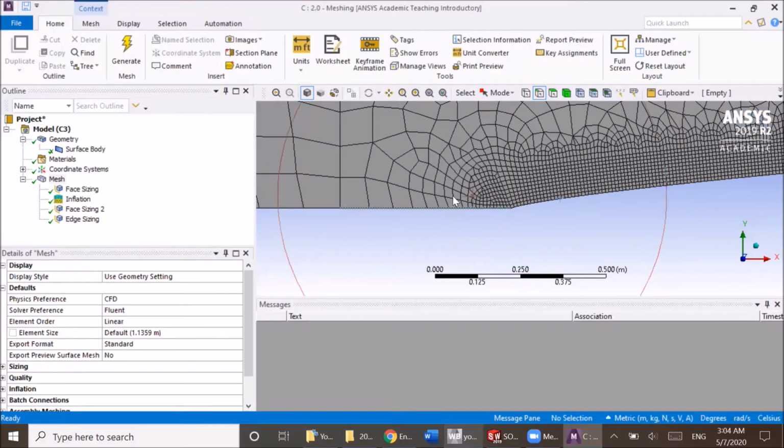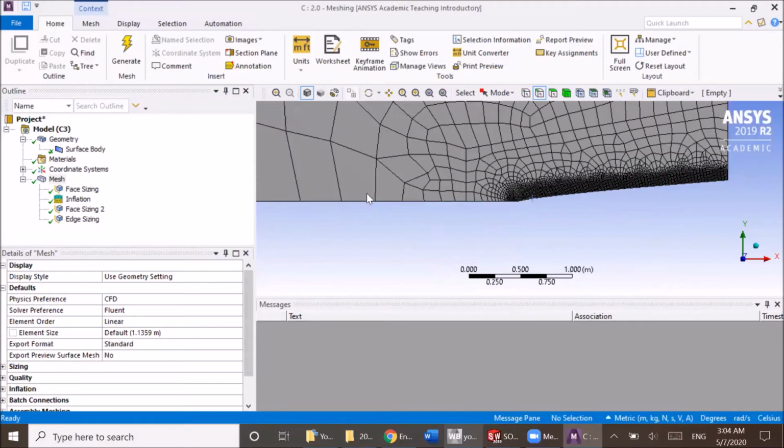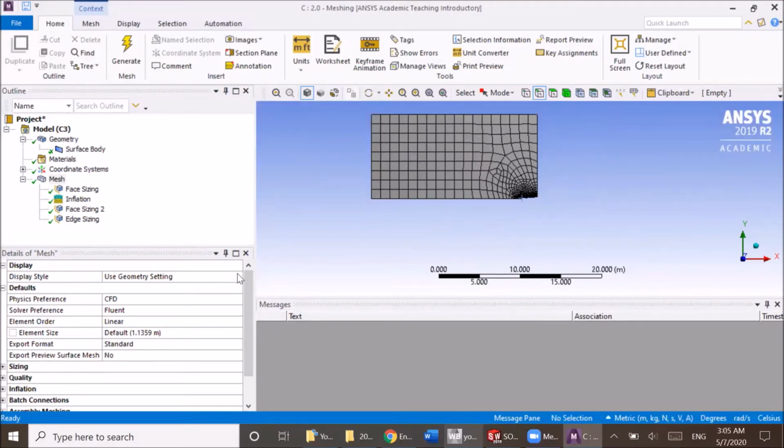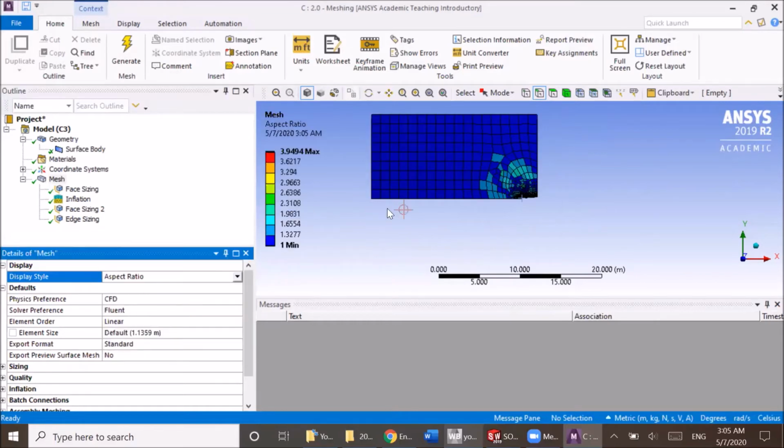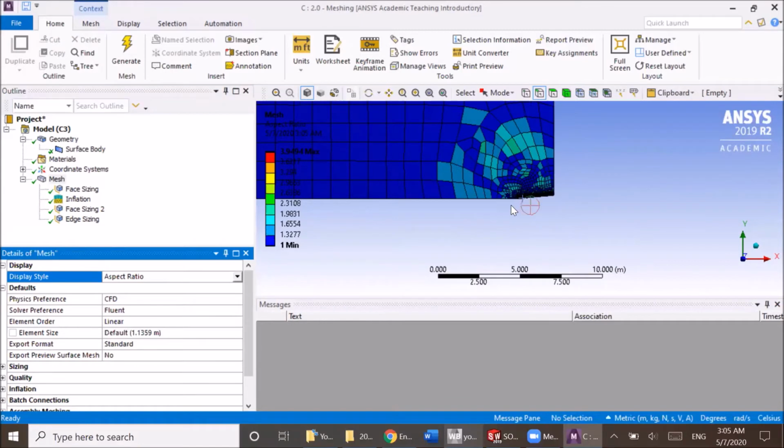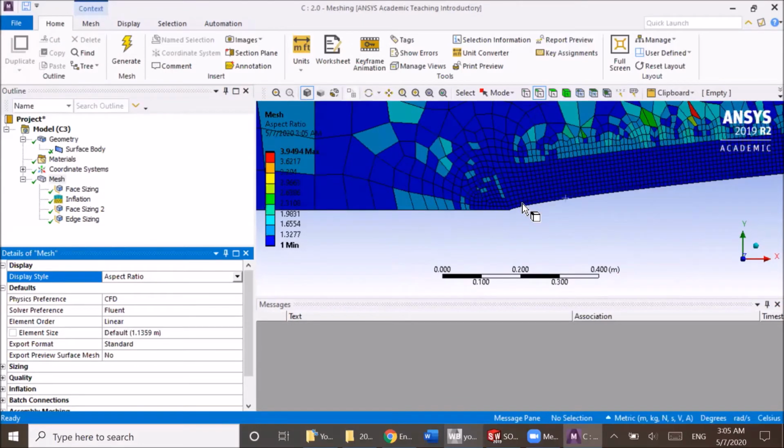So 2 metrics you want to watch out for when you are running supersonic flow simulations are the aspect ratio as well as the skewness. So to check your aspect ratio, just go to mesh. Then from the drop-down menu, select aspect ratio. And in here, the ANSYS Fluent guide recommends that you keep it below 35. However, when it comes to the boundary layer region, try to keep it less than 5. So in here, you can see that using this option, I was able to get something very close to 1,